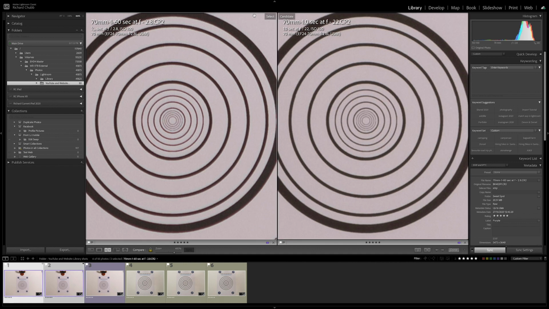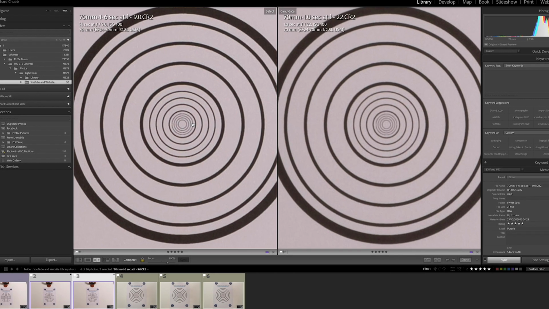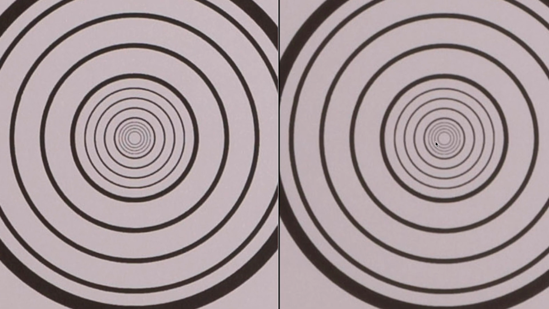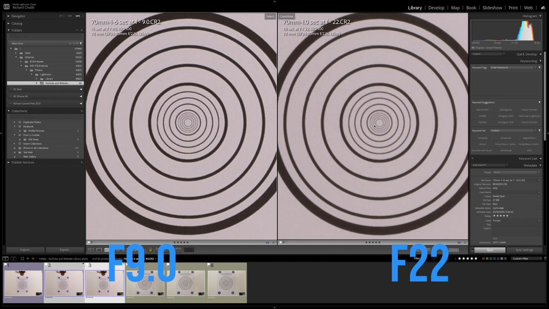So on the left hand side, let's bring in the f9. I said at the start, I think that most lenses have a sweet spot somewhere between f8, f11, f12, somewhere in that region, in the middle of the focal range. And that's proved to be the case here, because as you can see, the one on the left is markedly clearer. I don't know if it'll get any better if we go into